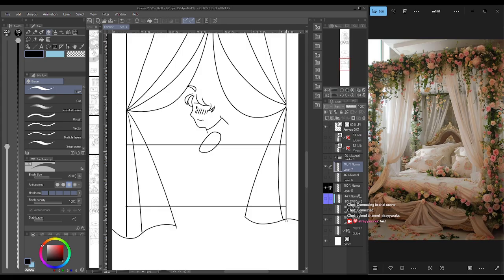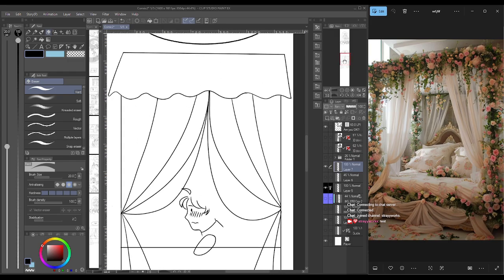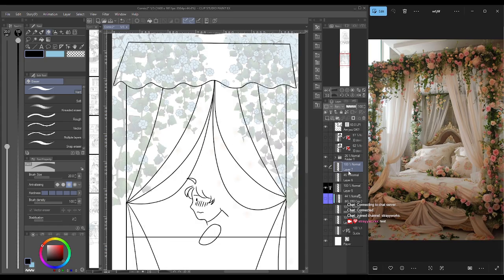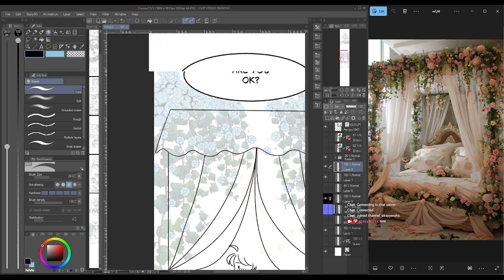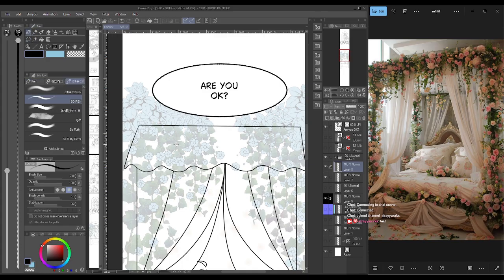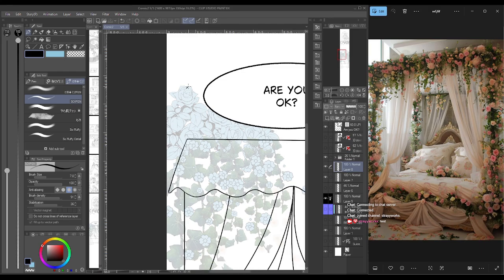For now, I don't know if I will make the curtain see-through or what. So I will keep the lines like this. And then I will turn back on the layer with the flowers, so I can start adding those as well. I don't know how many hours this will take, but this